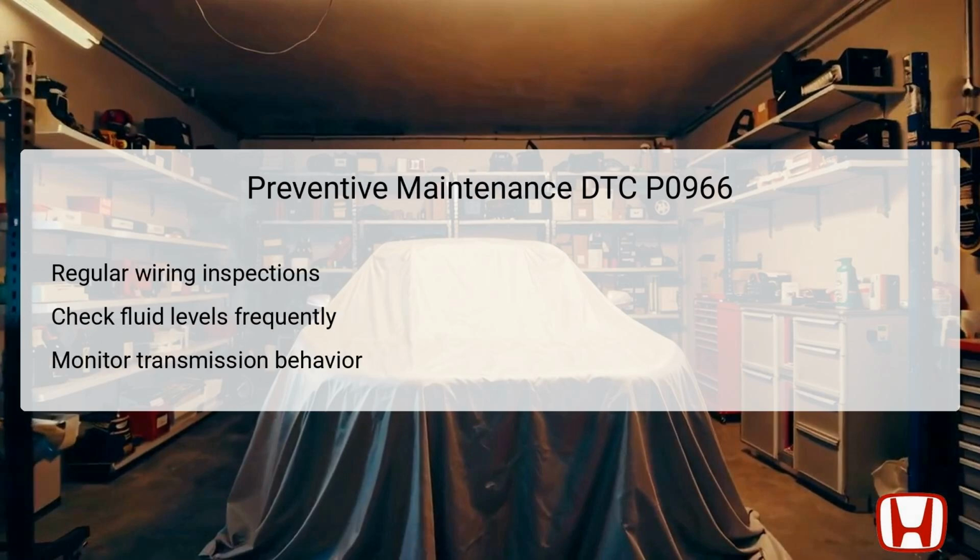Preventive maintenance can significantly reduce the likelihood of encountering the same issues related to DTC P0966 and P0967 in the future. Regular inspections of wiring associated with the CVT system help to catch any wear or damage before they develop into larger problems. Additionally, frequently checking and maintaining proper fluid levels within the transmission can enhance hydraulic function and help